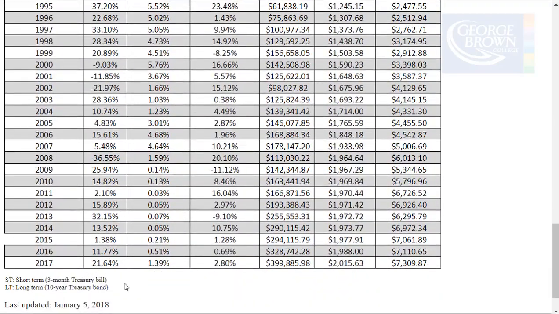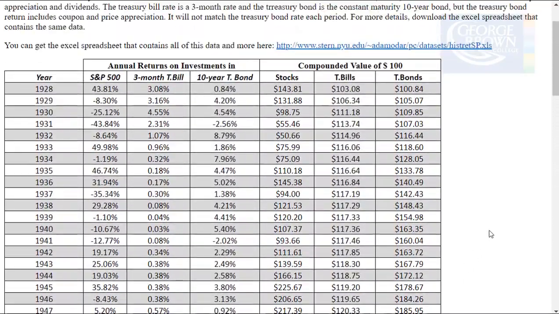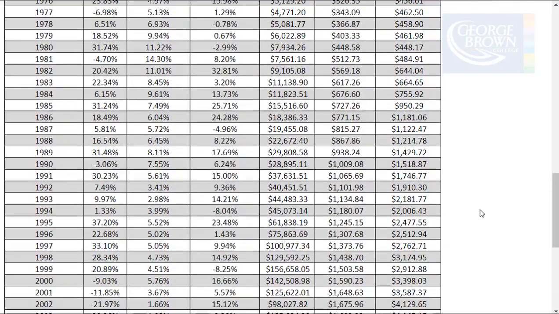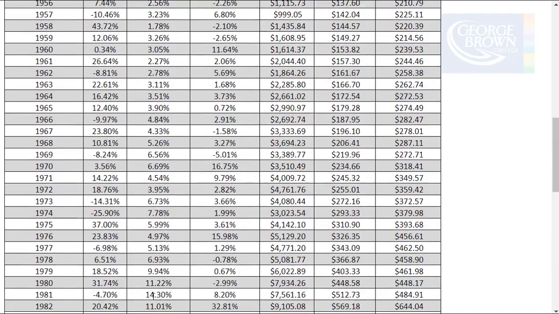It ends at 2017, and then he's doing the growth similar to what we saw with the Ibbotson SBBI yearbook, the growth of $1. He's showing the growth of $100. Okay, starting in 1928, and the same message comes through. If you invested in stocks, the growth of $100 is giving you quite a substantial capital return versus the T-bills or the T-bonds. Okay, so again, this is the website of Aswath Damodaran. Very excellent